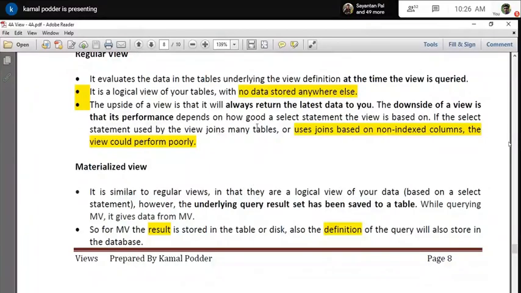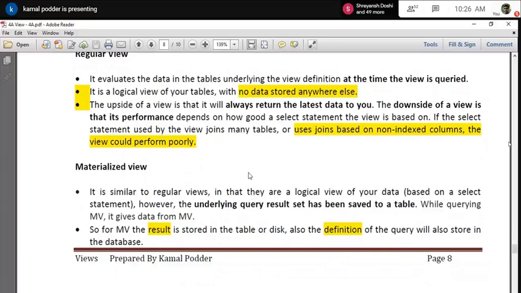And with the regular view, we have seen that the data retrieved by the view is not stored anywhere. It is not really a table. It is not stored, it will just access the data and pass it to the application. And what is the upside of this view? They always return the latest data to you.